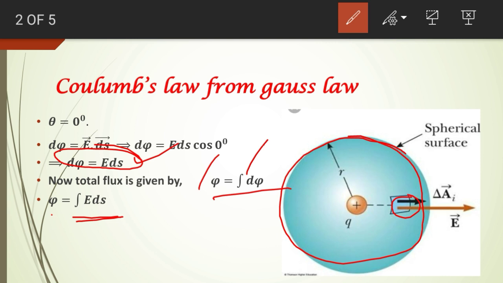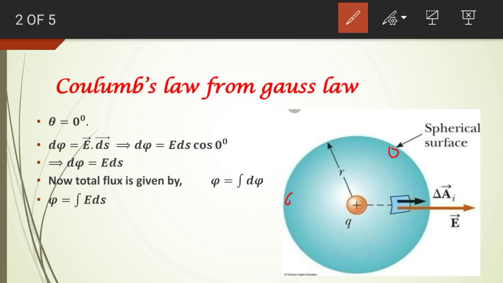Now E dot dS. Remember this: any point on the surface is at a distance r from the charge. So any point on this surface is separated from the center by a distance of r. If it is separated by a distance of r, then the electric field only depends upon the radius, the distance of separation between the source charge and the investigation point. So at all points, the electric field is 1 by 4 pi epsilon 0 r square. At all points the electric field has the same magnitude, right? Whether it is this point or this point, all points have the same magnitude.